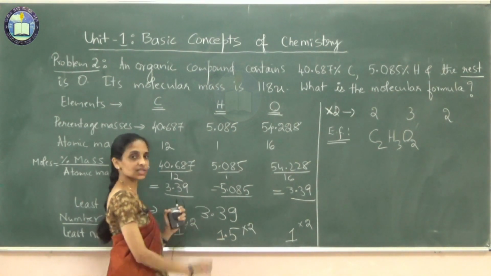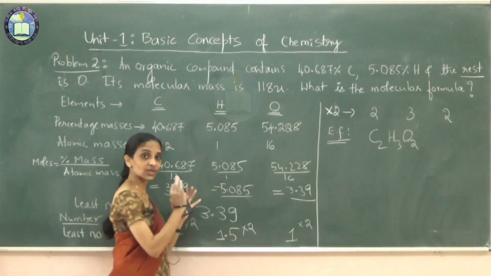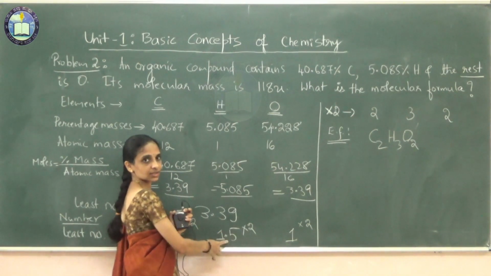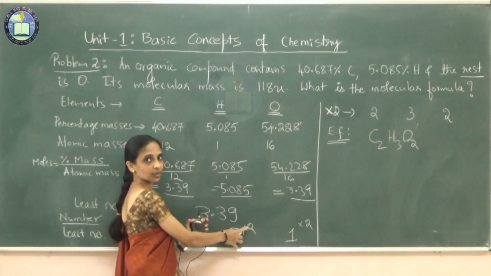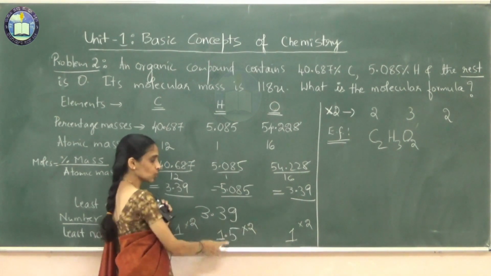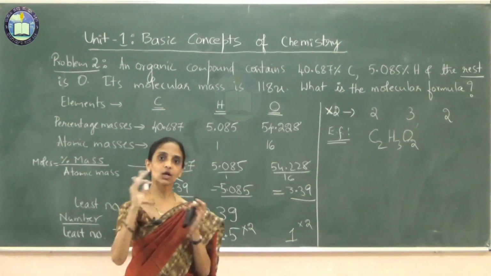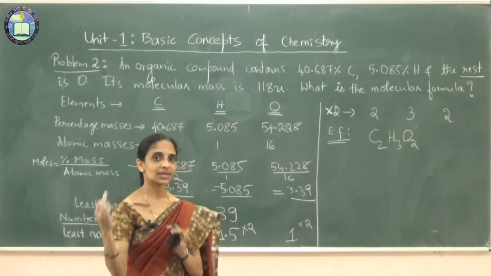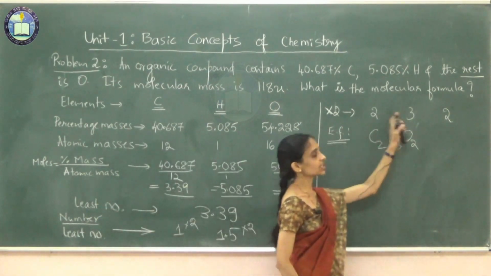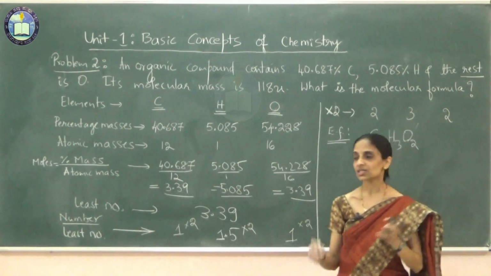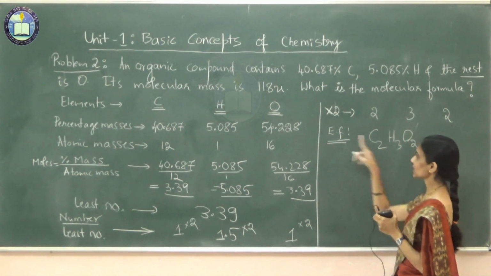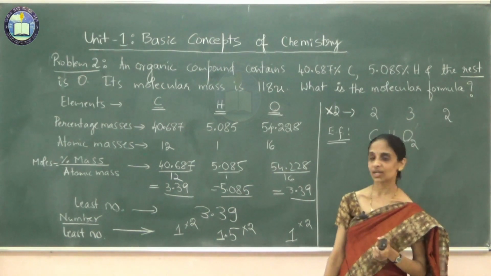So in such special situations, conversion into an integer has to be performed by multiplication, by selecting the appropriate number. Okay, starting from 1. 1 doesn't work out, 2 works out. In some cases 2 may not work out, you go to 3, multiply by 3. It continues. Then after multiplication you have integers. Write them with the respective elements, that will give you the empirical formula.